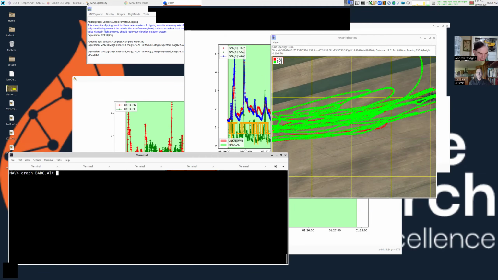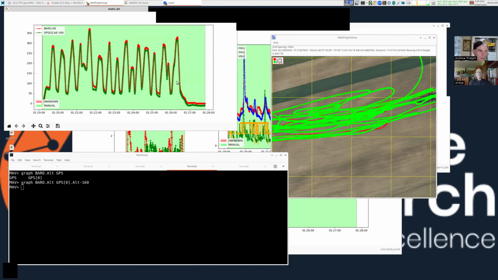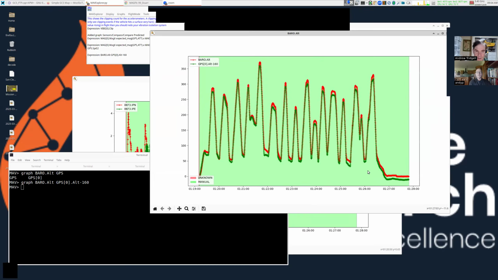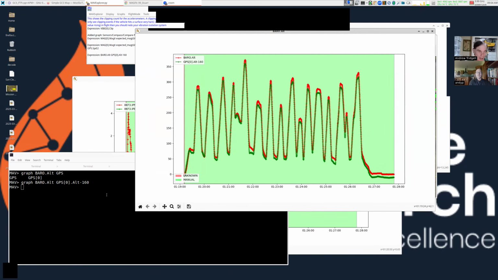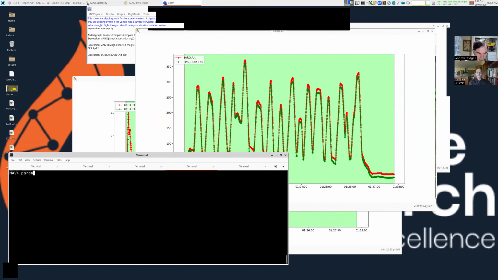So what I'm going to do is graph baro alt and GPS. I'll say the first GPS, because you can have more than one GPS, which can be worth doing. Two cheap GPSs can be better than, and you might even orient one with the antenna up and the other antenna down. That's a possibility. So GPS alt minus 160. Okay. So these are our two altitude estimates. And you can tell ArduPilot,